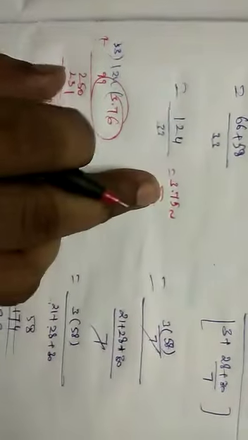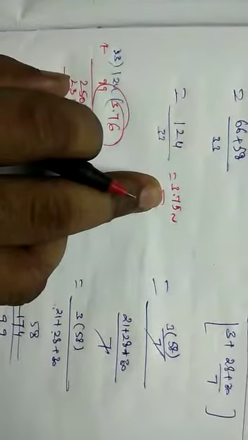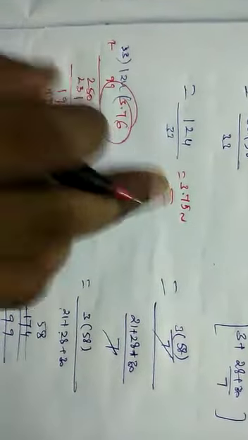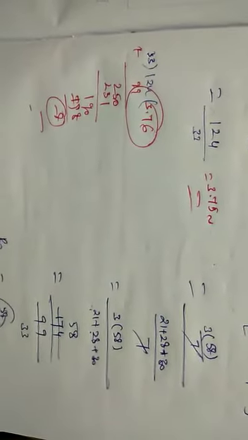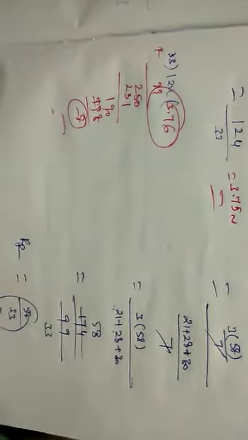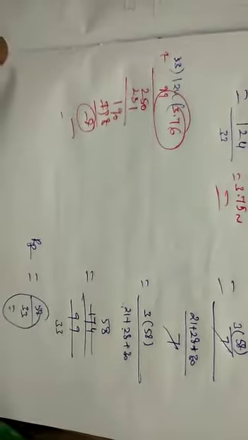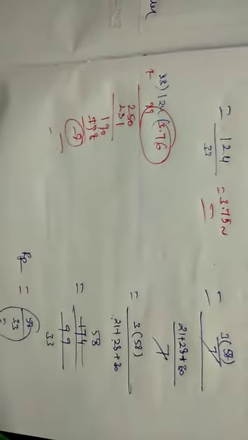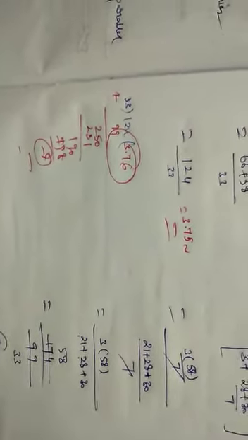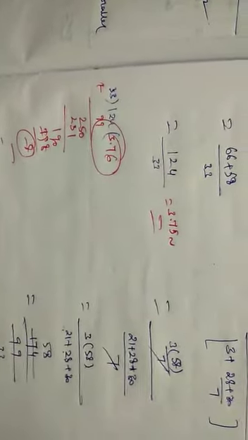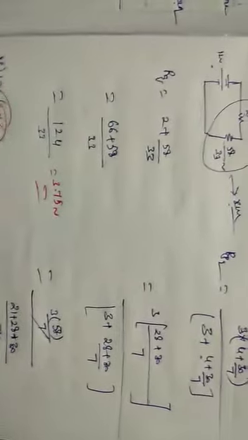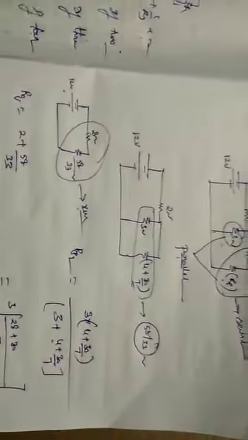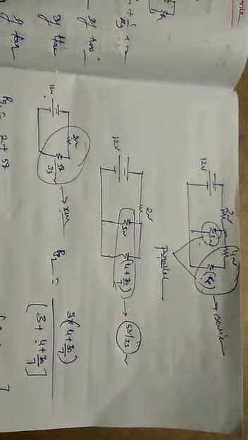So this is R equivalent. From this circuit we have to find the R equivalent with this process. I think you are understanding very well. If you could not understand, you can try a new circuit, draw your new circuit, and find how to calculate from the series and parallel combination, this entire process. Do you understand?